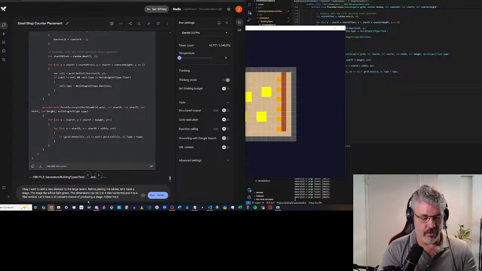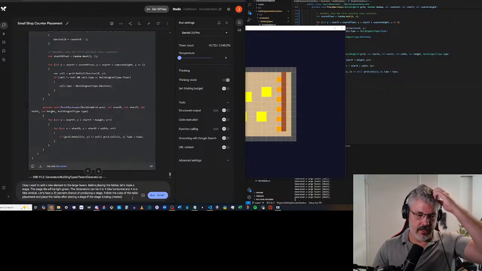Follow the rules of the table placement and place the tables after placing a stage if the stage is being created. All right, I think that should work.